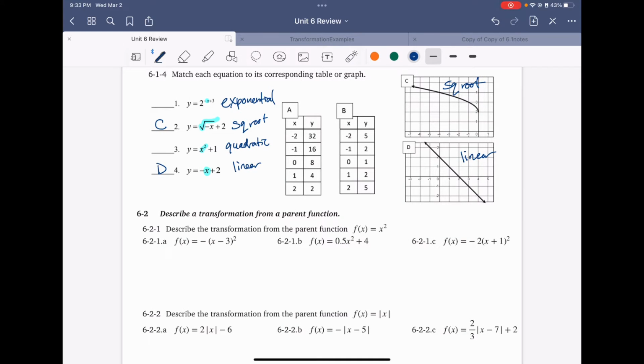All right, so A and B, one of them is going to be exponential, and one of them is going to be quadratic. So again, remember, the exponential is a multiplying pattern, and the quadratic is that pattern where the second differences are the same. So looking at these, do any of them look like a multiplying pattern? The fact that A has that really large number 32 makes me want to look at that for a multiplying pattern. And this is kind of a tricky one because 32, how do I get from 32 to 16 by